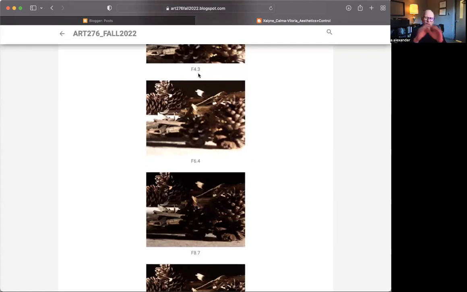4.3 might have been as wide as you go. And you weren't the only one that did this, and I tried to get around to everybody to help everybody understand where that starting point would be. I need to make sure that everybody next time starts on the widest whole f-stop. And I call them whole f-stops only because there's a calculation that we try to use to calibrate everyone so that everyone is using the same